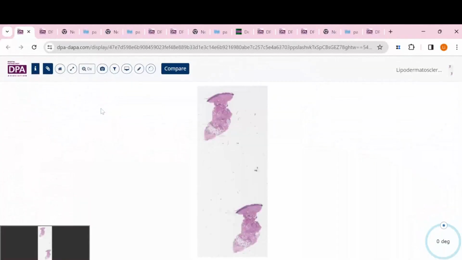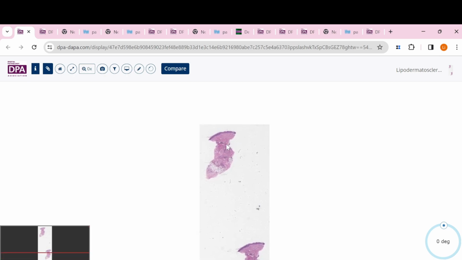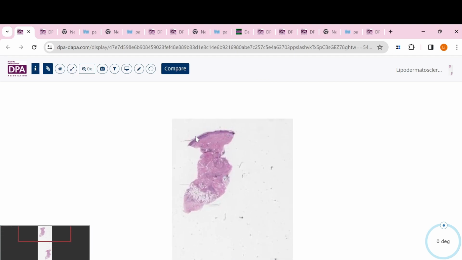And then I put another differential here. This one is called lipodermatosclerosis. The reason why I put this one, this lesion actually falls into the panniculitis chapter. The reason I put this is because for this lesion we usually see stasis dermatitis changes in the